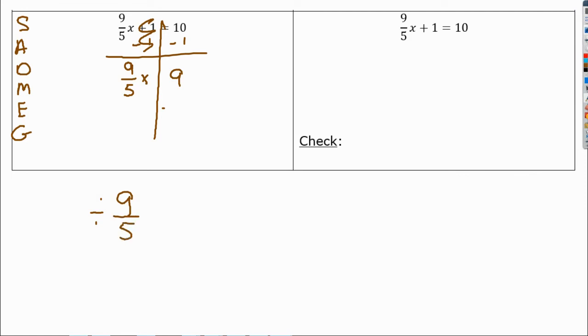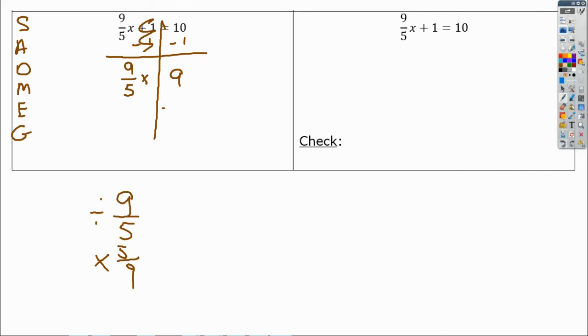But if you remember, when you divide a fraction, what you actually end up doing is multiplying and flipping that fraction upside down, which is known as the reciprocal. And that's how you kind of divide fractions. You flip them upside down and multiply. So if I flip the fraction upside down, meaning 5 goes up top and 9 goes down low, and I multiply,